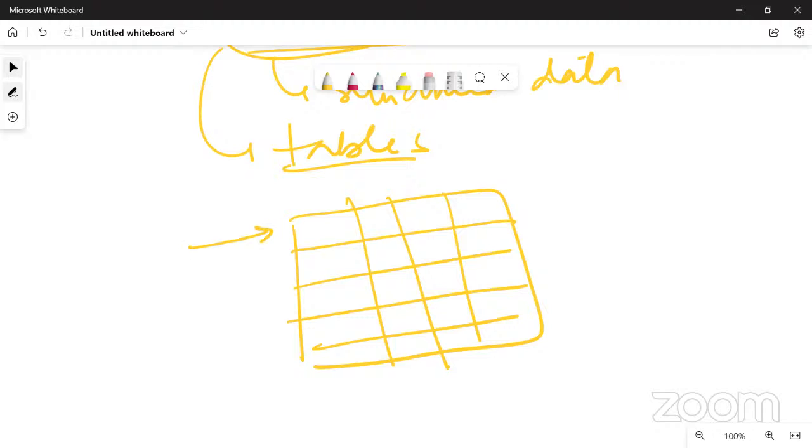So rows are also called records. And these are columns, or you can also call them attributes. Fine. Now there are two kinds of applications.